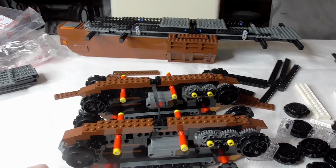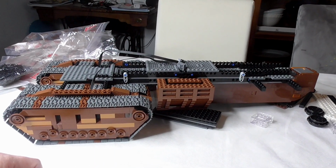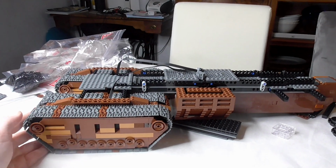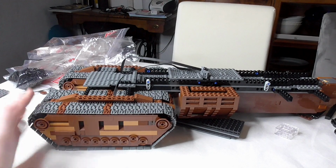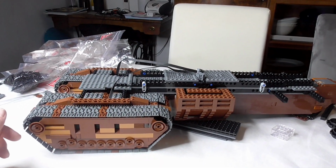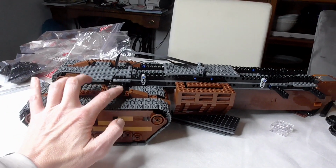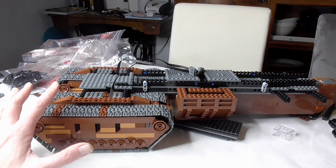I'm so pumped for this model. So, end of building step 4, and yes, man, this is already a behemoth. Okay, I assembled the tracks and then both of the engine parts here. At the moment, each of them is holding on just 4 studs. It's only connected. So